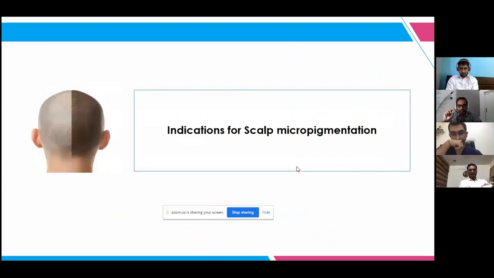Sir, low level laser therapy, that device is approved for safety, not for efficacy, sir. That FDA approval is... You are right. Safety has been approved for safety. Yes. Second point, sir. Surprisingly, low level laser therapy is placed above PRP in the guidelines for androgenetic alopecia, both